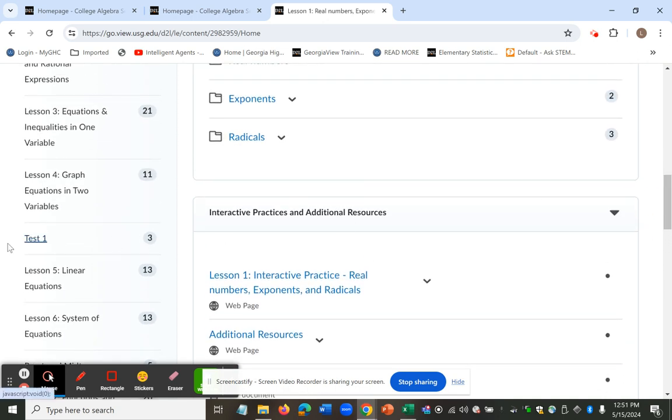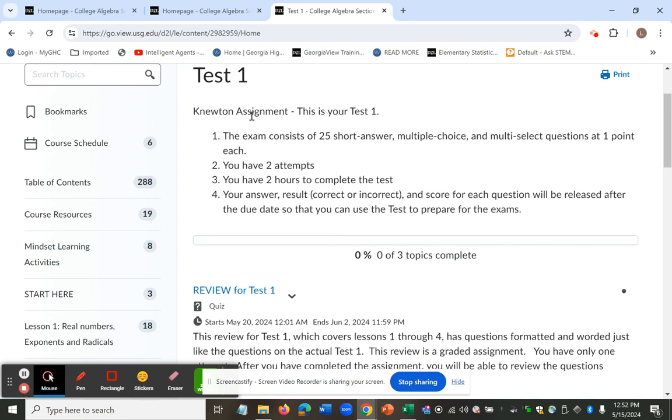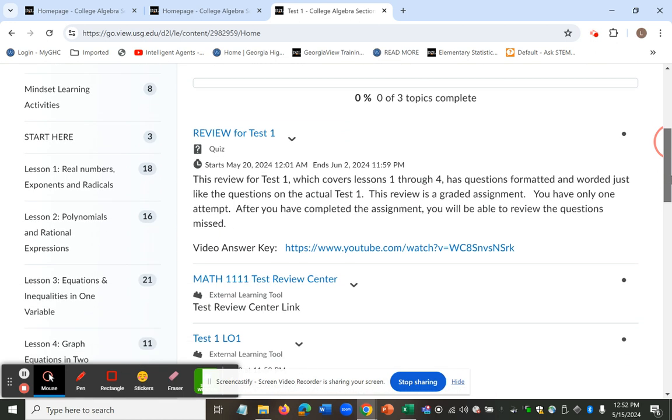There's also a folder for each test. So for example, for test 1, it tells us that this is a Newton assignment. It gives you a little bit of information about the test. One of the things that I've done kind of extra is I have provided in GoView a review for the test. It is not graded,